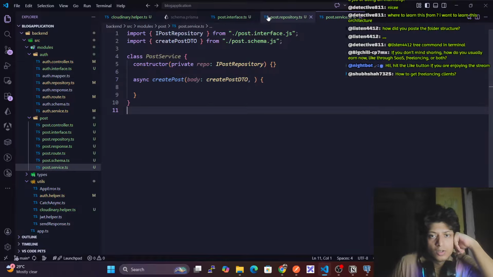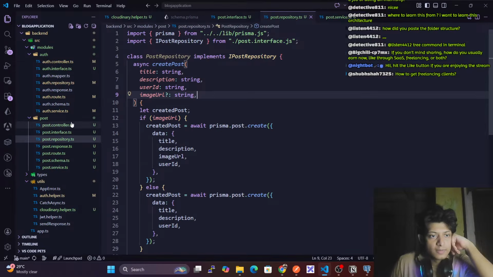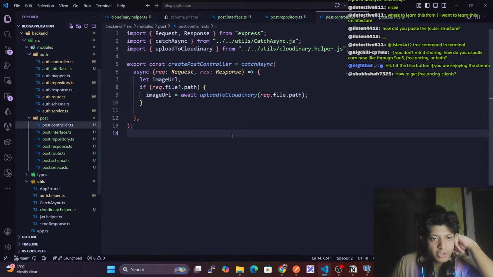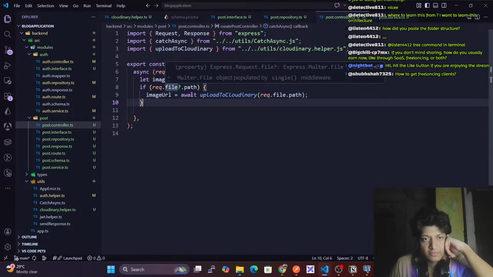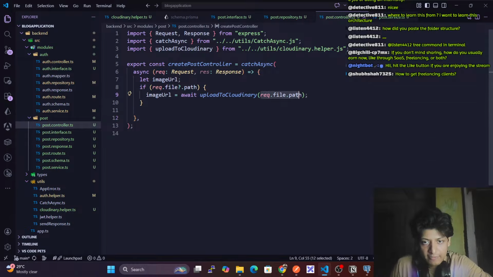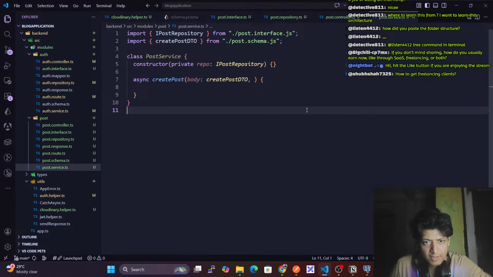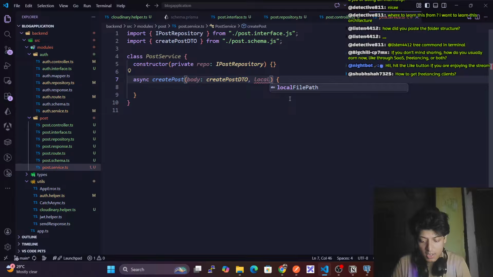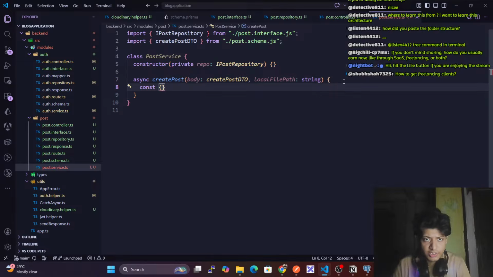Hold on, just a sec. I think not in controller. This should not be in controller, this should be in service. So we can just pass the required file path. This thing, we'll just do this thing, request.file.path inside there. So in the post.service, we have this and local file path of type string. Okay, now here we'll destructure the title, comma, description,